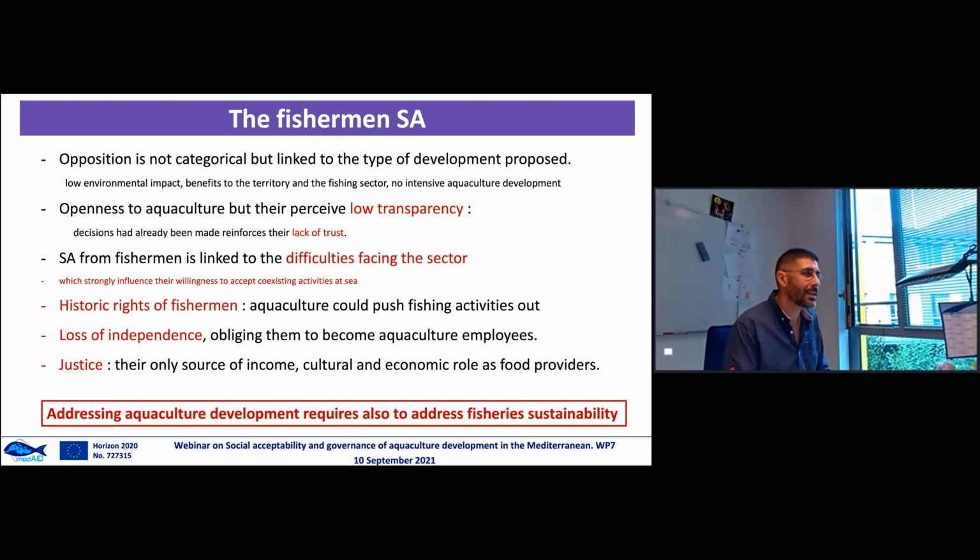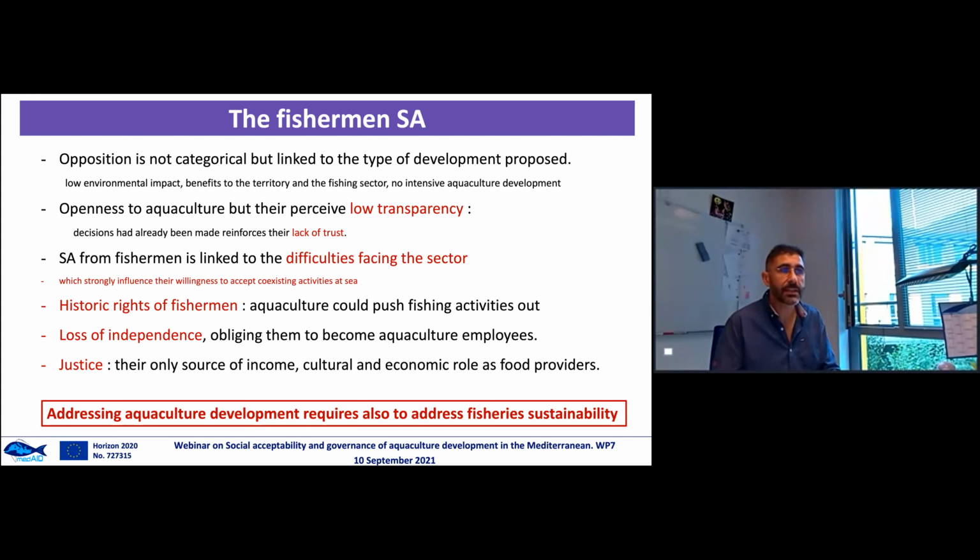This is a social acceptability study regarding fishermen. Fishermen are the main stakeholders. In general terms, we may think that fishermen go against aquaculture, but this is not true, and we've seen the same idea everywhere. I mean, there isn't an opposition to aquaculture. It depends. It depends on many different factors,